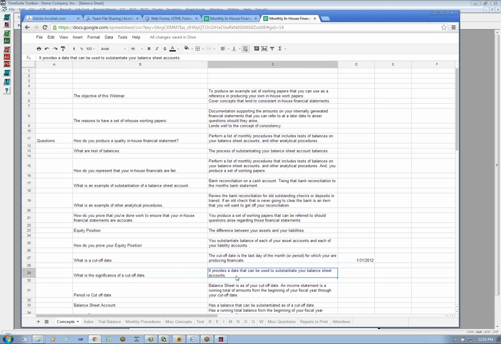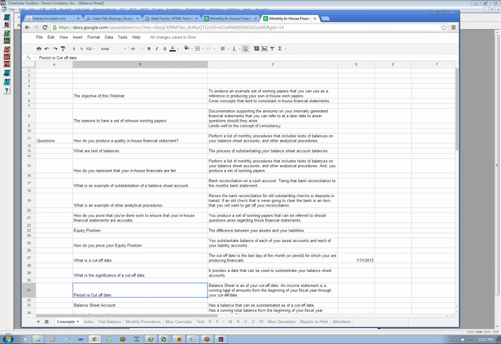If I pull my assets together as of one day and my liabilities together as of a different date, I'm not going to have a set of books that tie out. So it gives us an objective date that we can use. You'd always want to do your financial statements, let's say 5 or 10 days after that cutoff date, because you're still going to have transactions coming in that relate to that cutoff date. For example, accounts payable, we generally use the accounts payable invoice date as our objective standard. So on the second or third, we might get AP invoices that are dated up through the end of the previous month. So it's better to wait a few days after the end of the month to do the month-end financials.